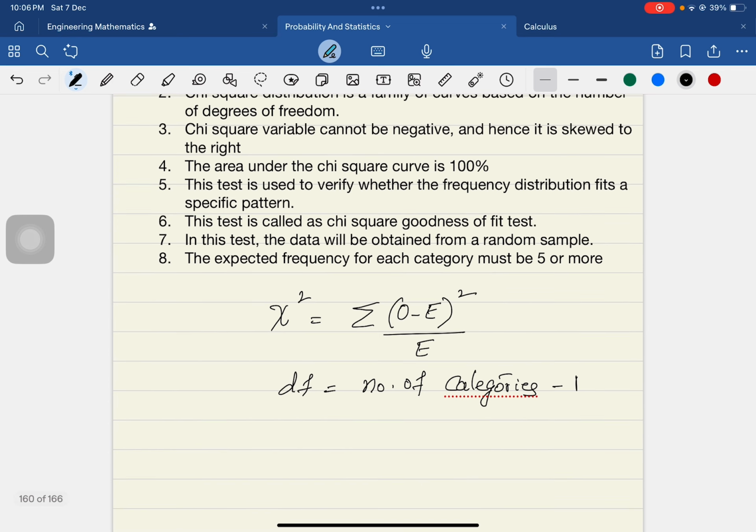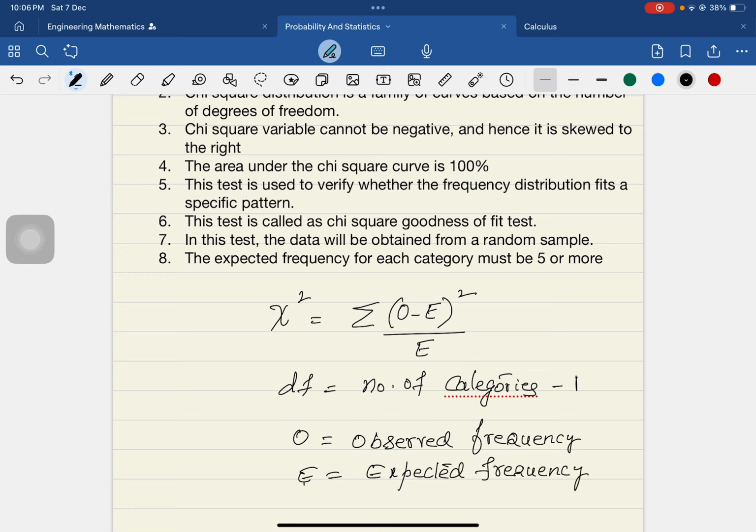And what is this O? O is the observed frequency, and E is the expected frequency. Observed means the calculated frequency, right? And E is the